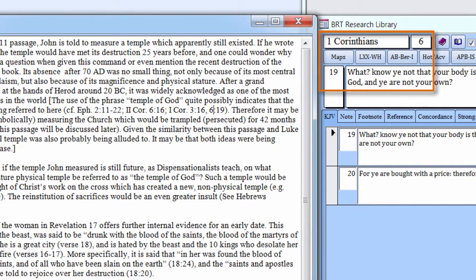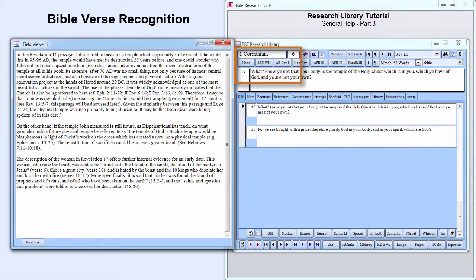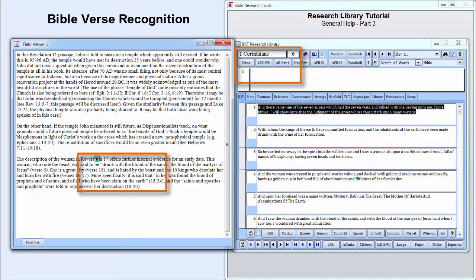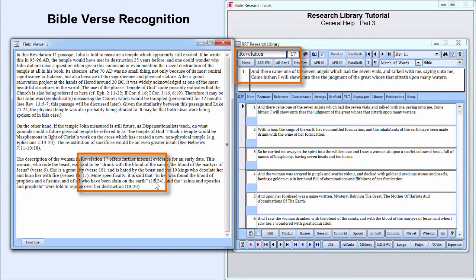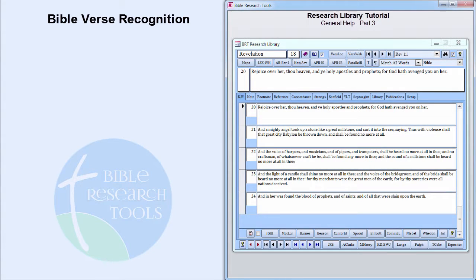Bible verse recognition will assign to a partial reference the last book name recognized, which in this case is 1 Corinthians. There are similar examples in the last paragraph. As you can see, this powerful technology can save